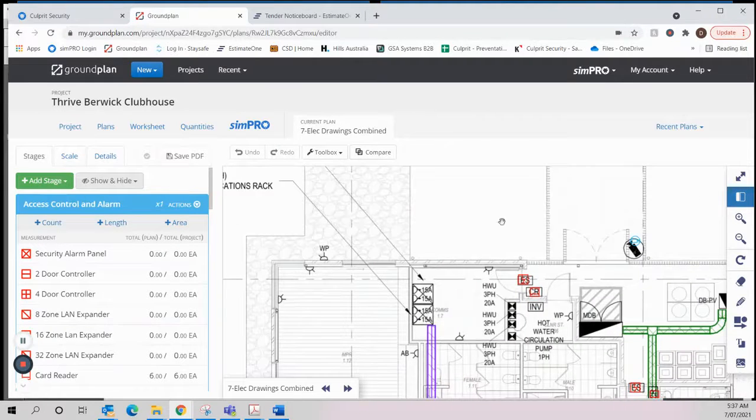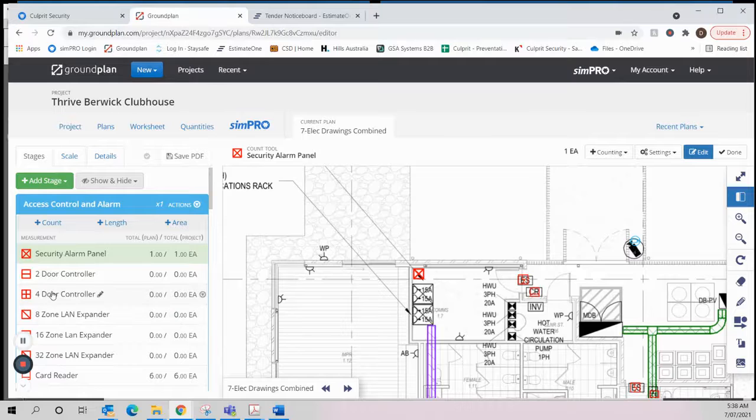So comms room is where all our stuff's going. We'll have a security alarm panel go in this room, so we can drop one on here. Integrity doesn't have door controllers on board, so we will require door controllers to make this work. Our standard is 4-door controllers. We would use 4-door controllers